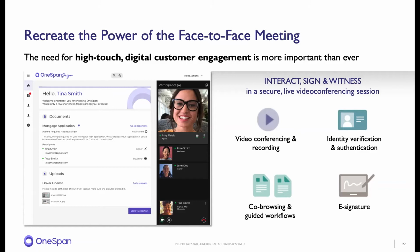These are high value transactions. It could be a little bit more complex in nature. And that's really what the solution is all about. So OneSpan Sign Virtual Room includes things like video conferencing, robust identity verification, authentication, the rich collaboration and annotation tools that you'd expect, so that you're viewing documents simultaneously with your customers, and